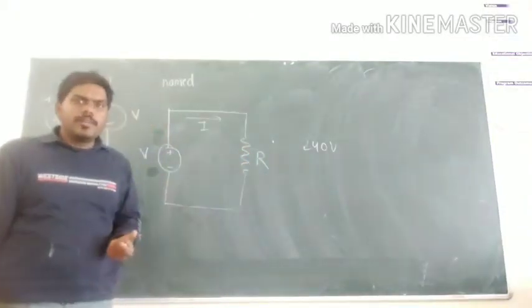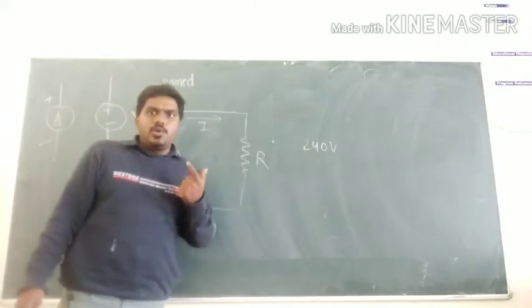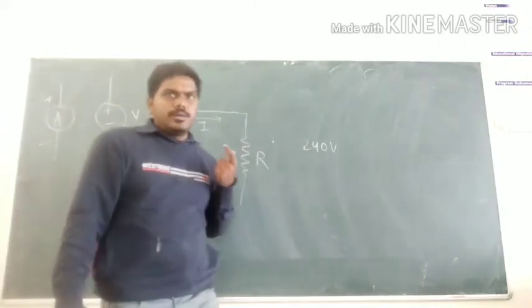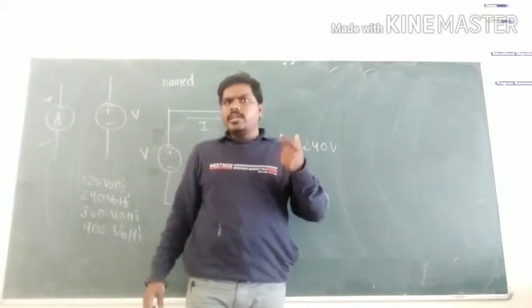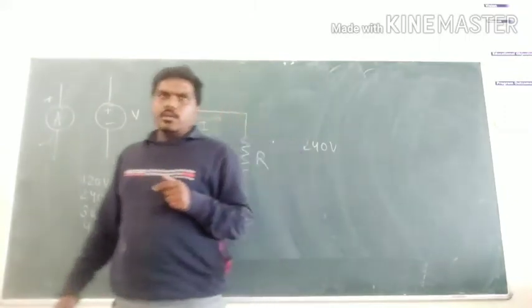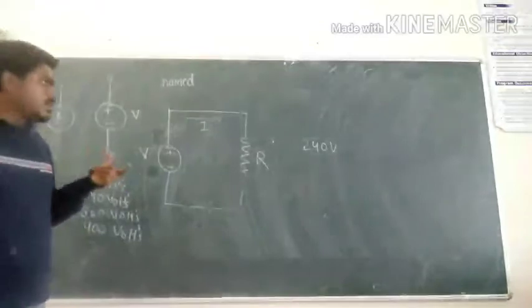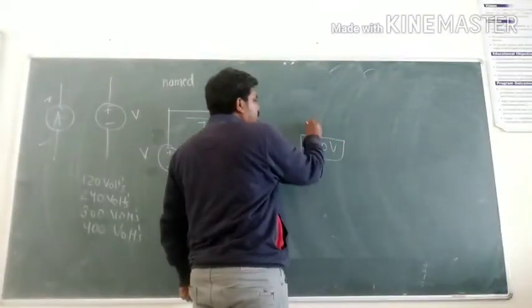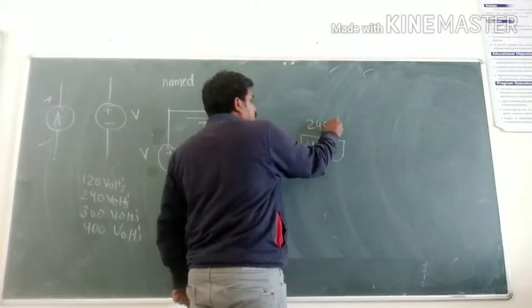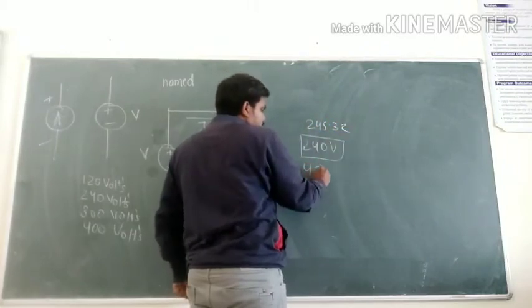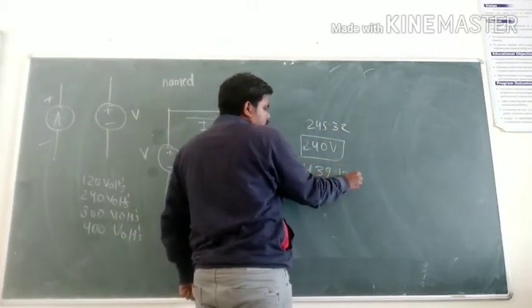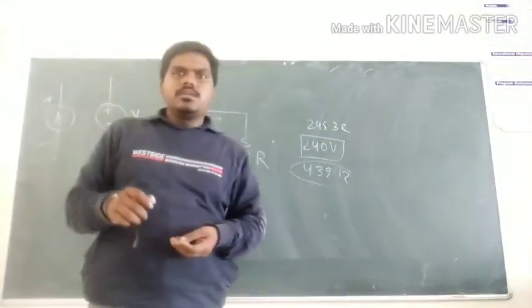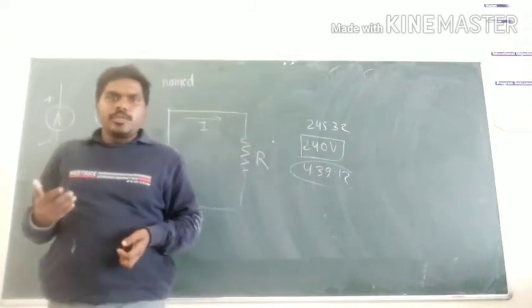The nominal capacity is generally the quantity according to which some items are named or generally referred to. In short, if my 240 volt is there, the actual voltage can be 245.32 or 239.12. It can be anything. It is not exactly 245. So this is the meaning of the nominal voltage.